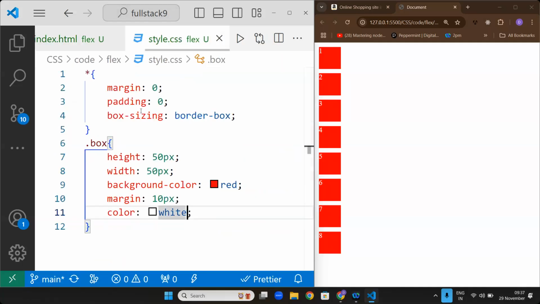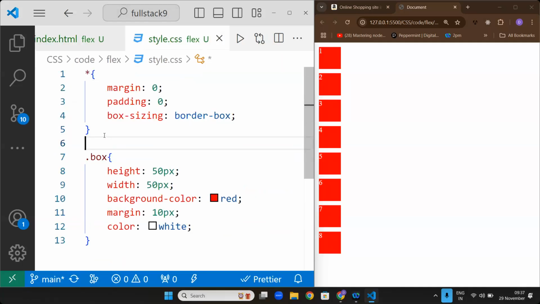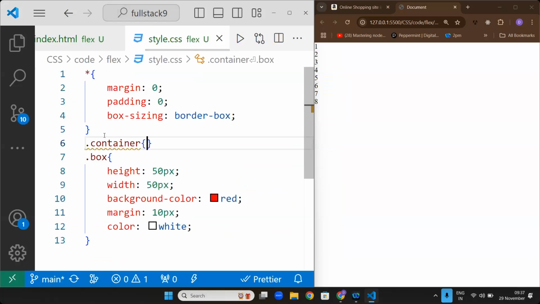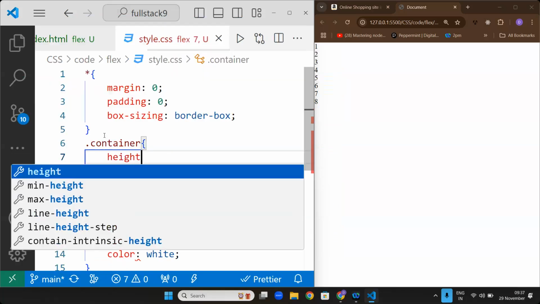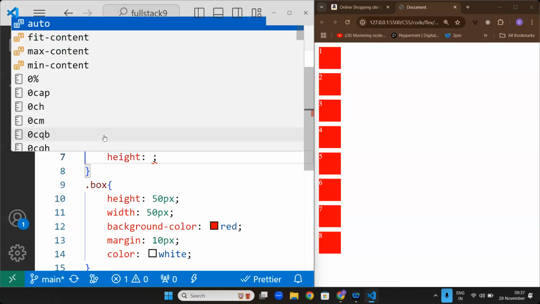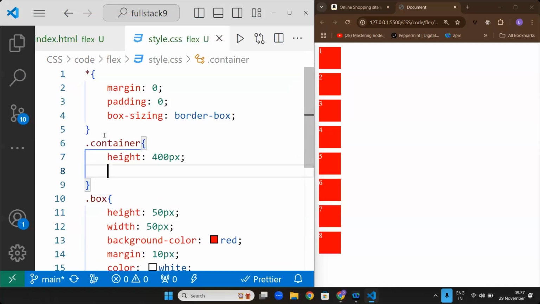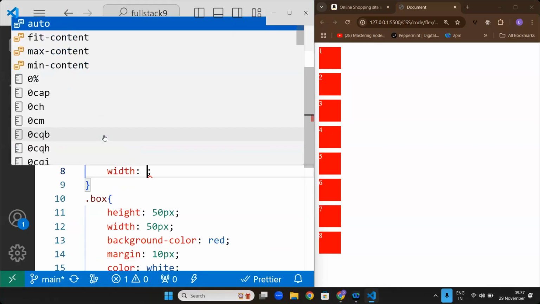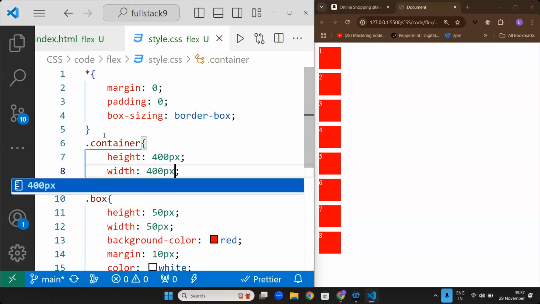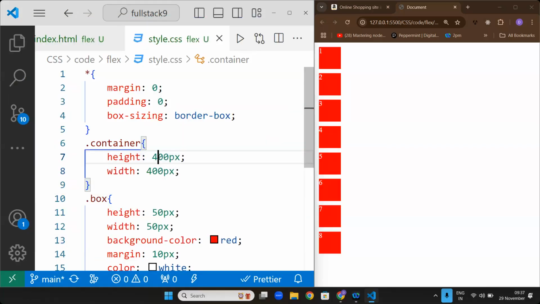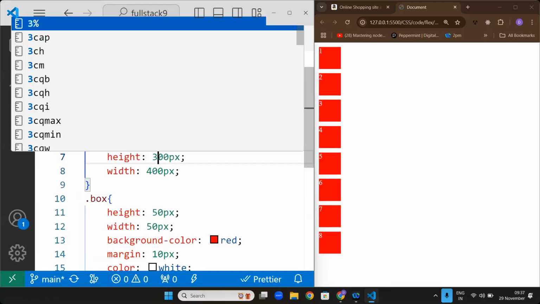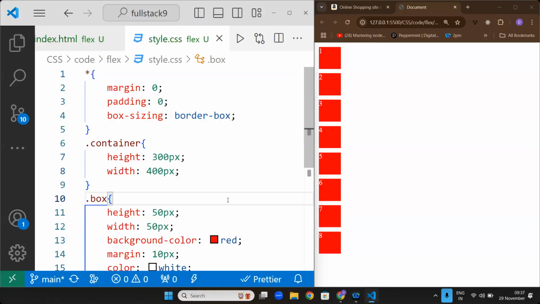Go here. I will say dot container, height 400 pixel, width 400 pixel, or 300 pixel. Leave it. Now